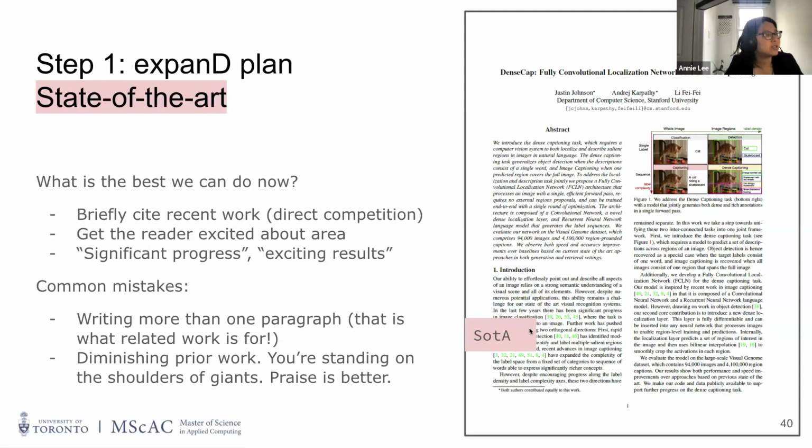Then you see all this literature here, the state of the art. So what is the best that can be done right now? You cite recent works and direct competitions. If you're using a particular data set, what are some recent results for that data? You want to get the reader excited about the area, that you're making progress and there are exciting